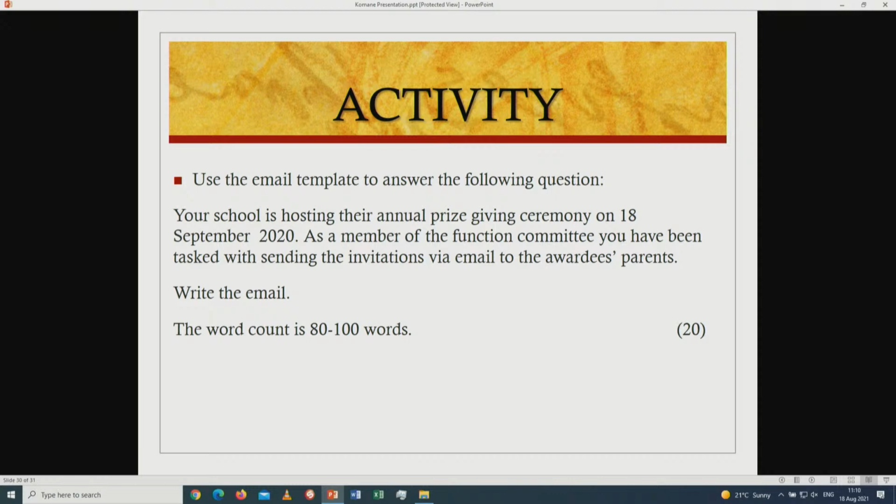This one is whereby your school is hosting the annual prize giving. What is an annual prize giving ceremony? It's when, after the results, we have a ceremony where all the best learners will be awarded with some things or will be awarded for some of their good deeds. It can be to cheer up other learners,